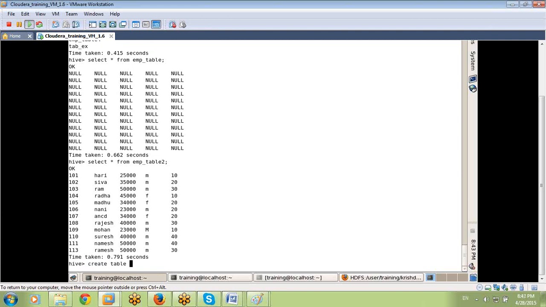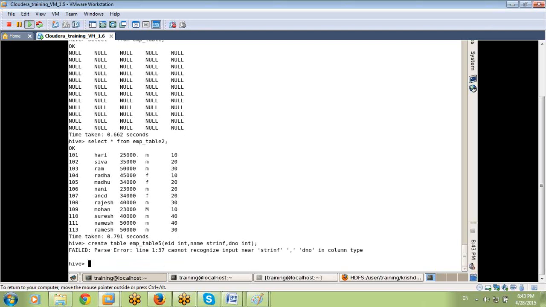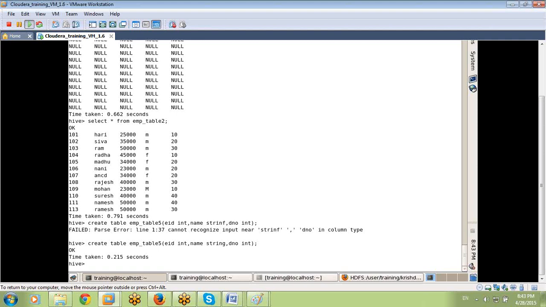Create table, table name emp_table_5, some column names, department number integer, some column names, enter. One table is created. String spelling mistake, typo error, enter. Another table is created by the name emp_table_5.